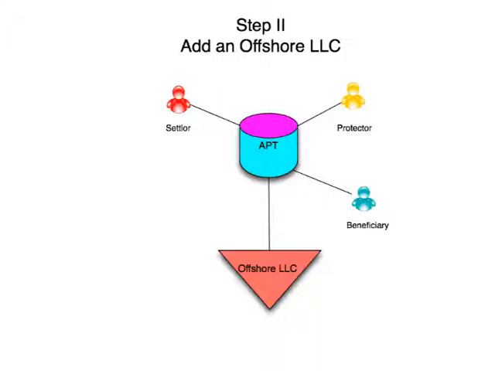Why do we do that? Well, we do it for a couple of reasons. First one is the asset protection trust doesn't have the settlor as a trustee, so we need to keep our client in control. So the way we do that is we form an offshore limited liability company that has our client down here as the manager. I should put a little manager there, but our client's the manager. He retains 100% control by virtue of an offshore LLC, and also gets a lot of provisions